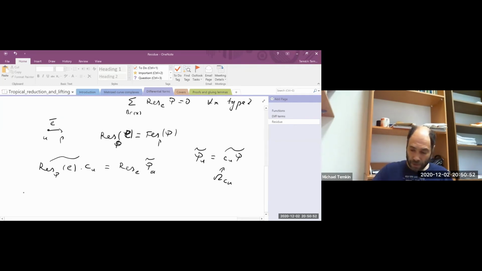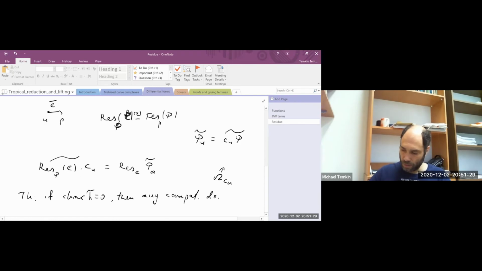Okay, so all conditions are very expected. And then there is a theorem, the Lifting theorem. By the way, so far this holds in general, with no assumption on characteristic. To define such reduction, you don't need anything. The question is if this encapsulates most of the tropical and residual information about phi. The answer is yes, if residue characteristic is 0. So if residue characteristic is 0, then any compatible datum